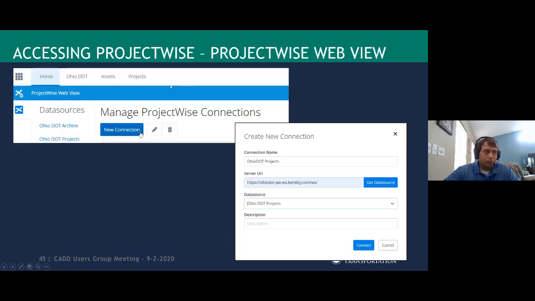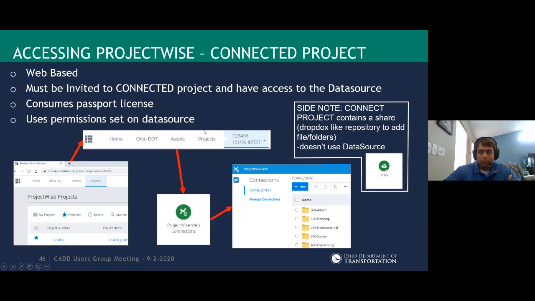The first way, obviously, is completely read only. It's just a download. Within the share or connected project, you can be read only, or you could have edit access. You can actually get in and start adding files directly through the connected project. This is not geared to showing how to use connected project, web view, or Explorer. This is geared towards what we set up to get access and some of the functionality available to you.